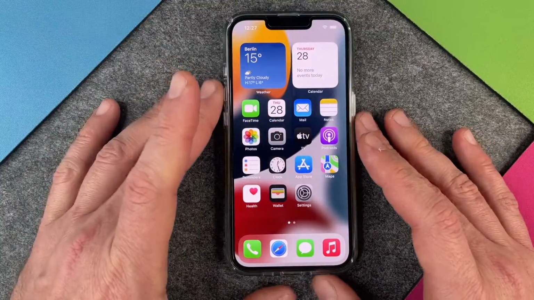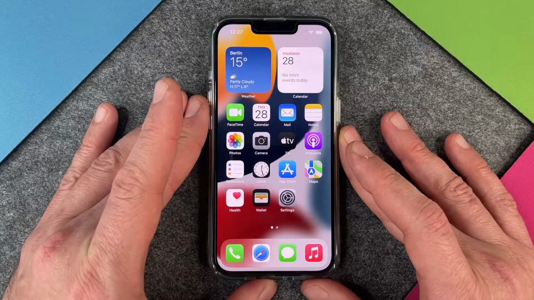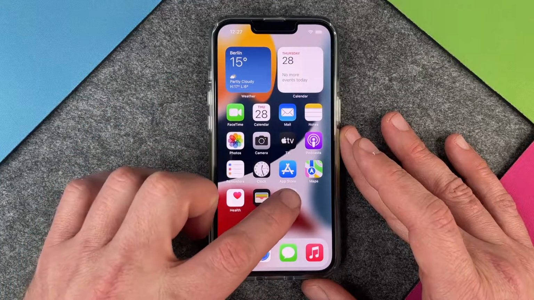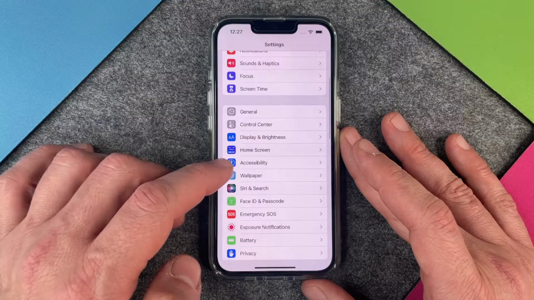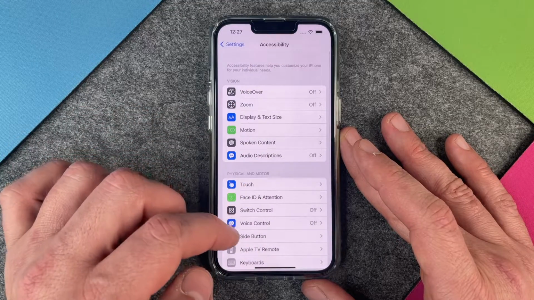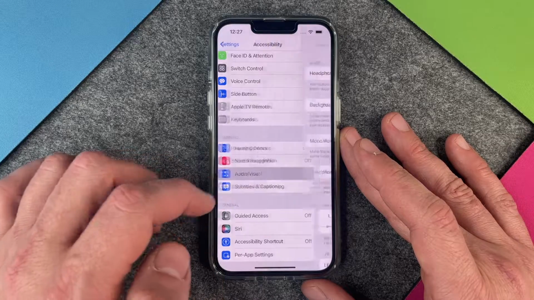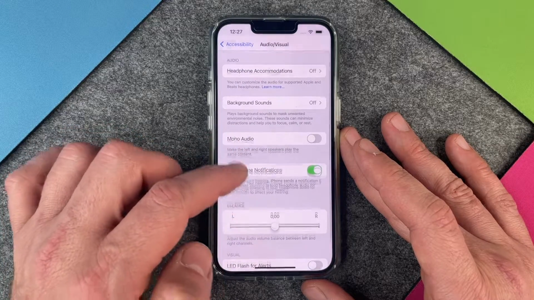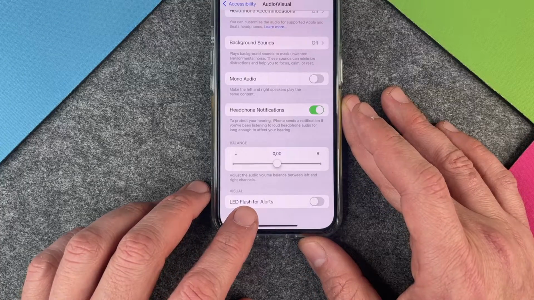should take care of. So if you want to activate this LED flash notification, we have to go to the settings, and then when we are in the settings, we go a little bit down to the accessibility. And then when we are there, we must go a little bit down to audio and visual. When we are at this side, we go straight to the bottom, and there you can see LED flash for